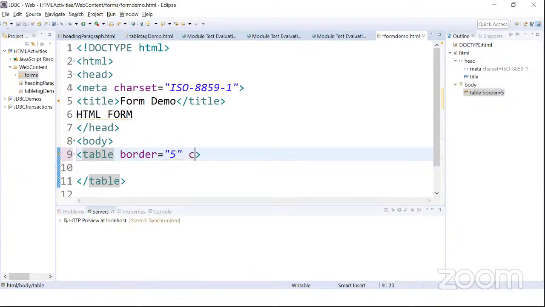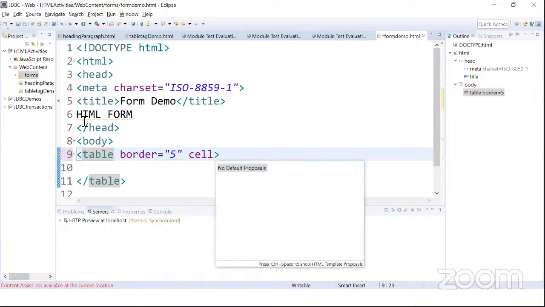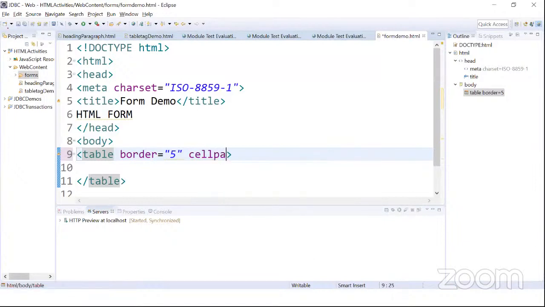So again, we can pass cell padding equals to the value which you want to pass. Previously it was 3. Now let me show you with 4. And again, cell spacing equals to again 4. Along with this, if you want to pass the color, you can use bgcolor equals to